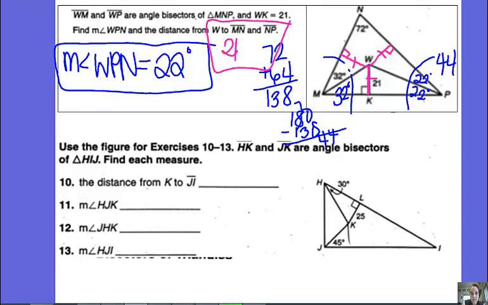Then it wants us to find the measure of angle HJI, which is this whole angle, which is 90. This is a right triangle. And then it says that the distance from this incenter K to side HI is 25. So that means the distance from K to JI is also going to be 25, and the distance from K to side HJ will also be 25. These are all going to be congruent, so they're all 25 because your incenter is equidistant to all the sides. And so the distance from K to side JI is going to be